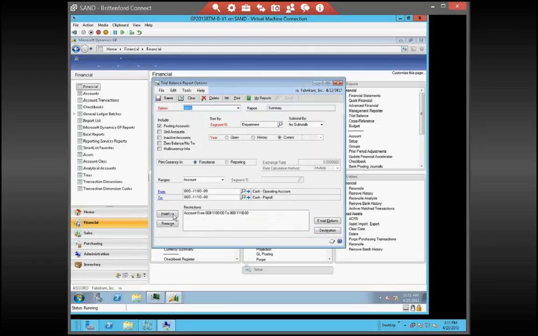So if I do not put in any date restrictions, it's going to give me all the activity for the current year, or whichever open year that I select, it'll give it all to me. In this case, I don't want all of it. I just want to see what happened last month. So I am going to put a date restriction. And there's a couple different options here. I can say specifically, we're looking at April of